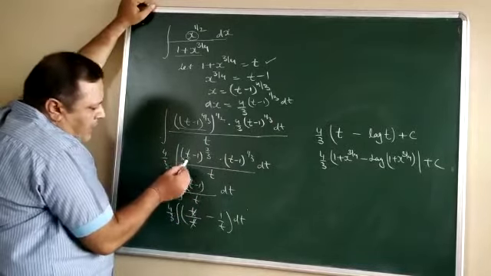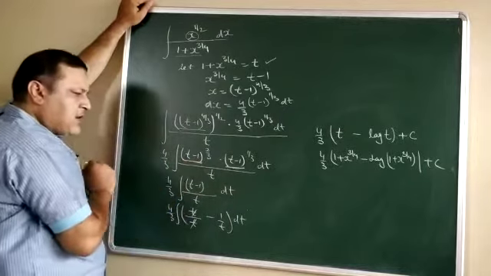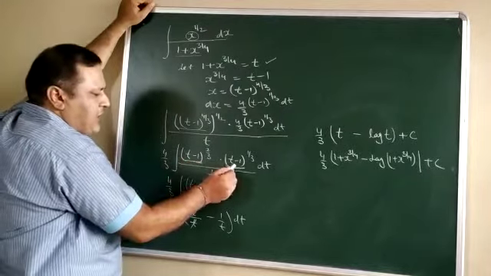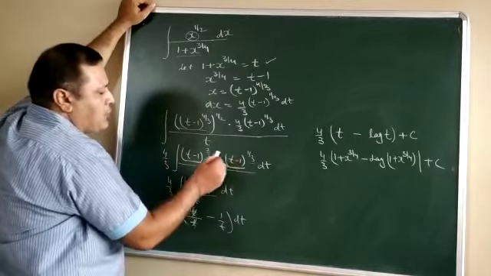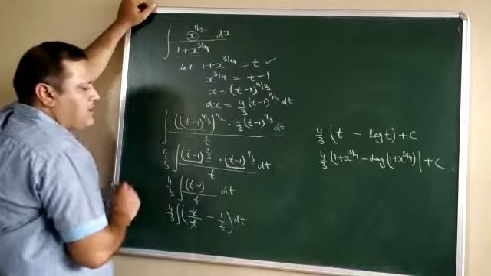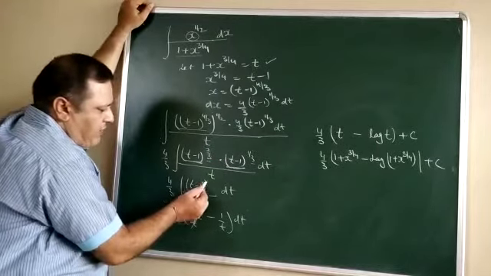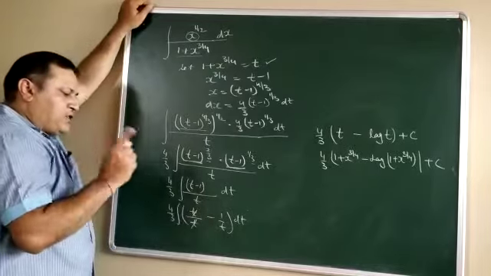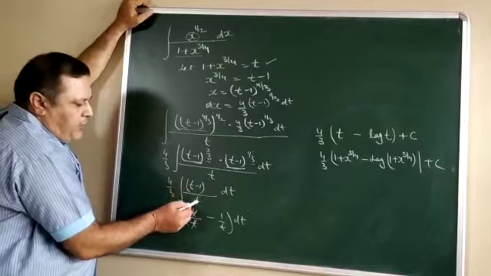This is t. If you observe these two, t minus 1 and t minus 1, they have the same base. When bases are the same and they are in the form of a product, then the powers must be added. So 2/3 plus 1/3 makes 3/3, that is equal to 1. So only t minus 1 is left, upon t. First rule of integration: check the power of the statement (t minus 1) upon t.